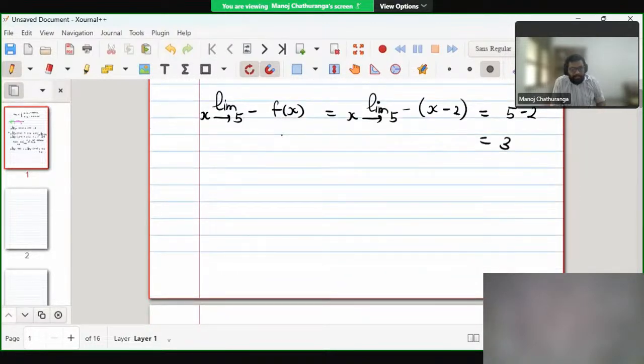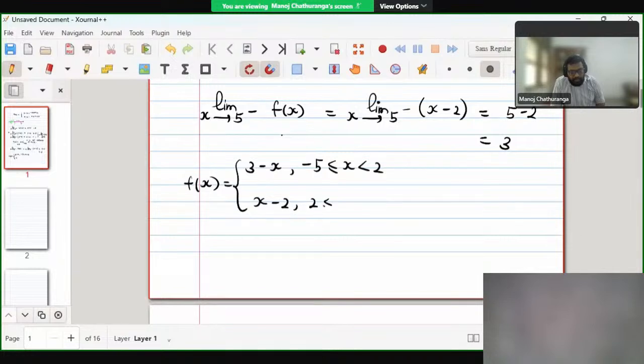So the graph of this function, let me rewrite it here. So 3 minus x from minus 5 to 2, then x minus 2 from 2 to 5. The graph of this function